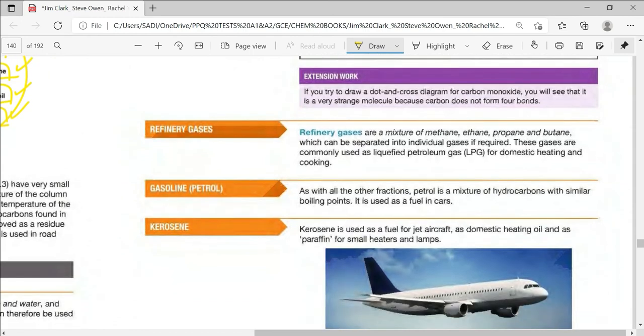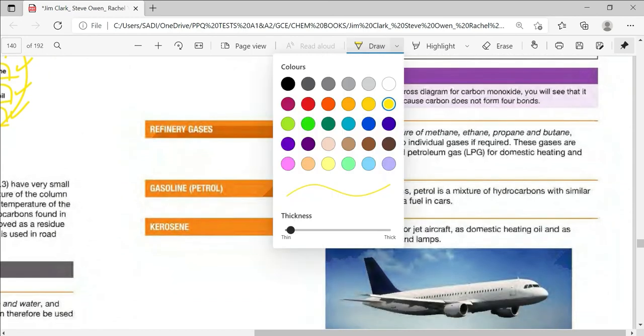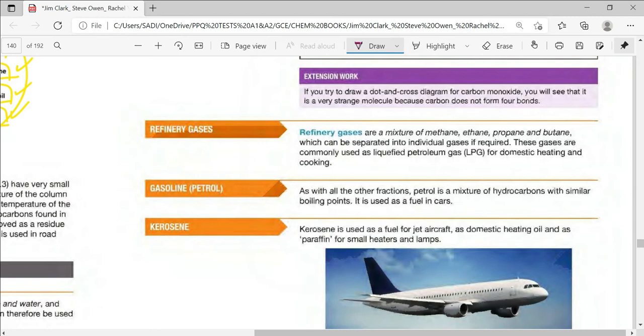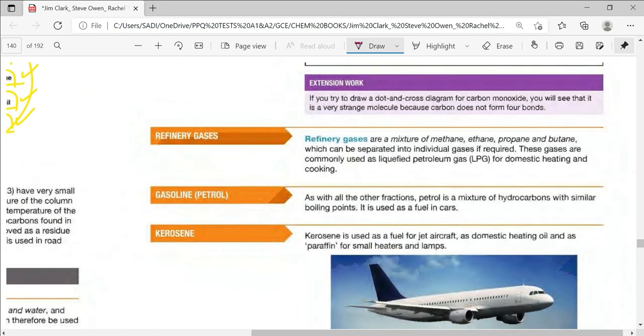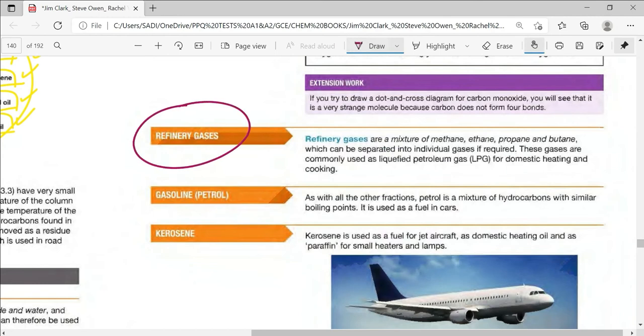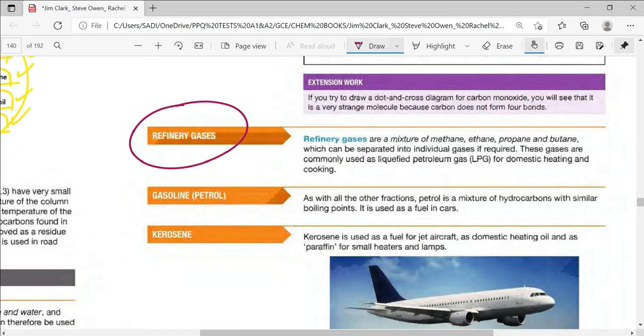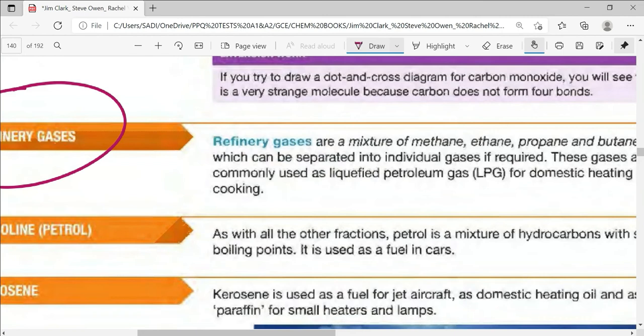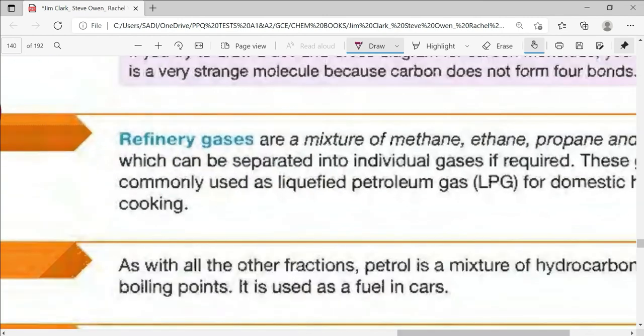So where do we use the refinery gases? It is a mixture of methane, ethane, propane,